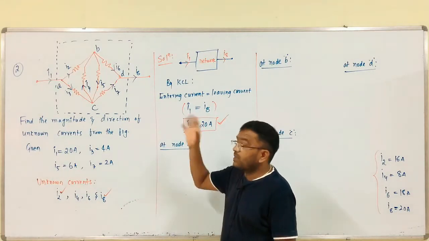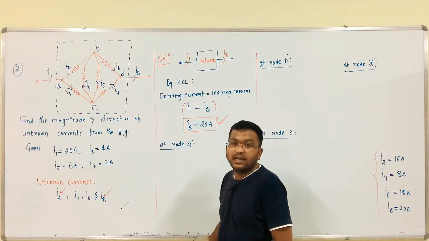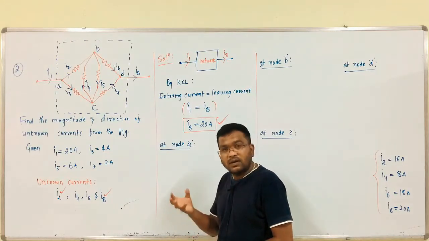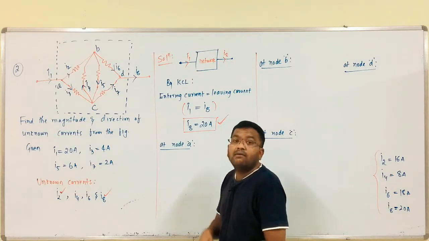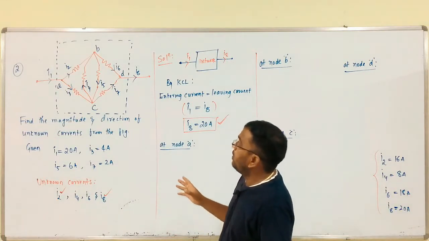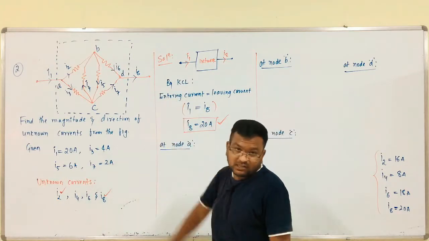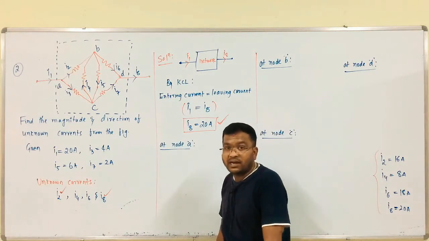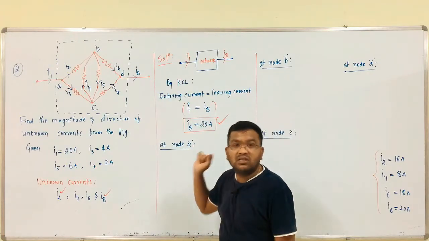Now, from the given circuit of the second problem, I am going to make some modifications in the circuit. Then we have to see the observations. What are the observations that we are going to see? We have to discuss. So, now I am going to change the current directions of I2, I4 and I6. Then what are the observations?